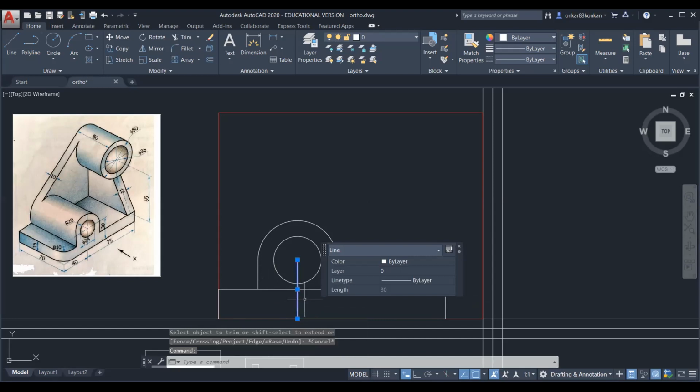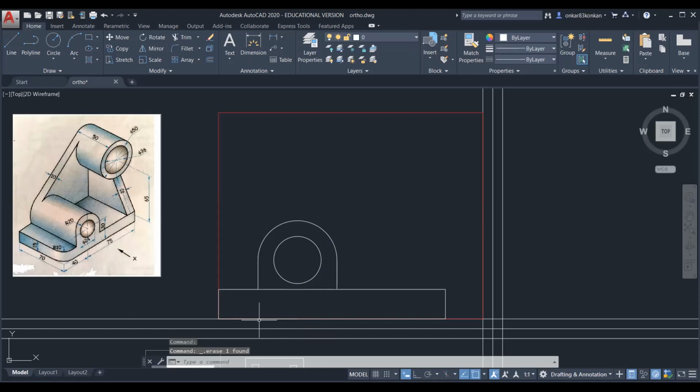Simply select this line and press delete. Again, delete this portion. So after that, we need to remove this portion, that is this segment of this rectangle. So again, use the trim command. So type tr, then press enter 2 times and remove this portion.